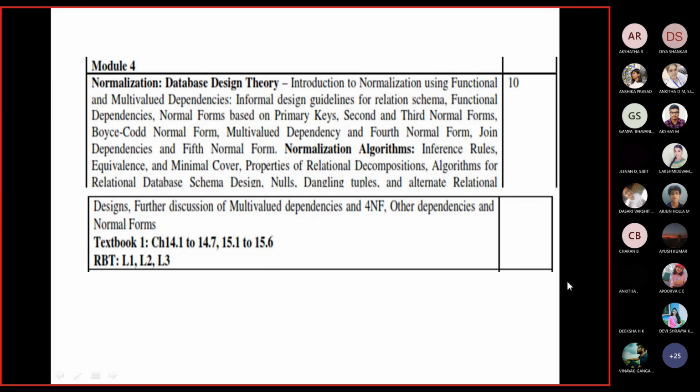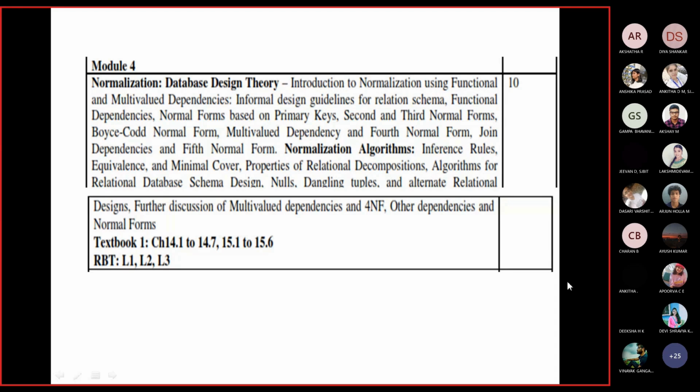Okay, dear students, now let us start with the next module, that is module 4. It's about normalization. That means the data in this case will be concentrating on all these topics, database design